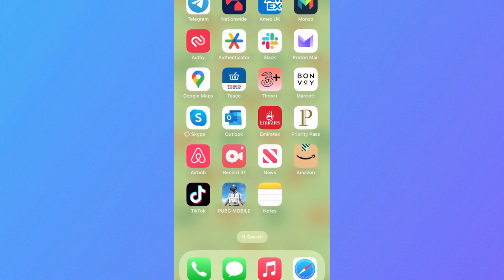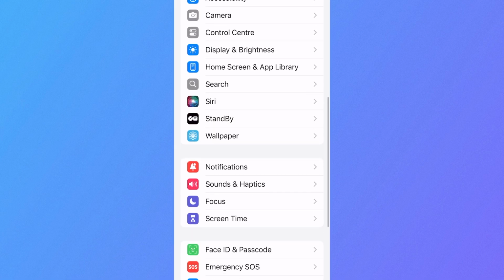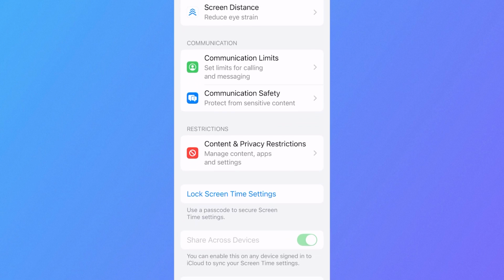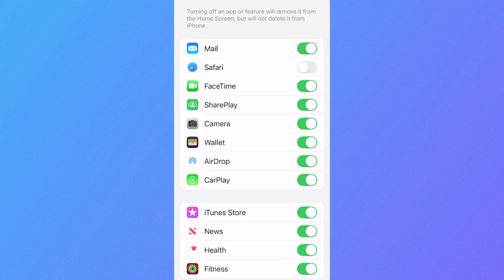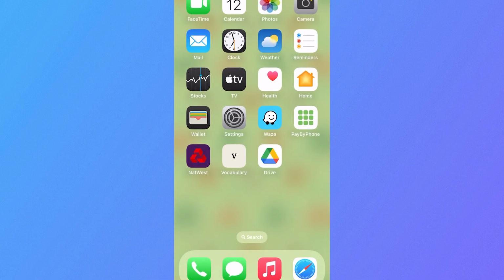Now, if you don't see it inside of the suggestions box, then what you'll need to do is head over to the settings app on your phone. From here, we're going to scroll down and select screen time, scroll down again and select content and privacy restrictions, click on allowed apps and features, and then make sure where it says Safari, make sure this is turned on like so. And then you can head back over to your iPhone home screen and the Safari app should have now